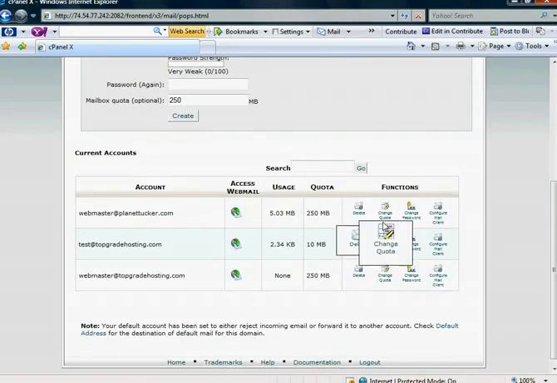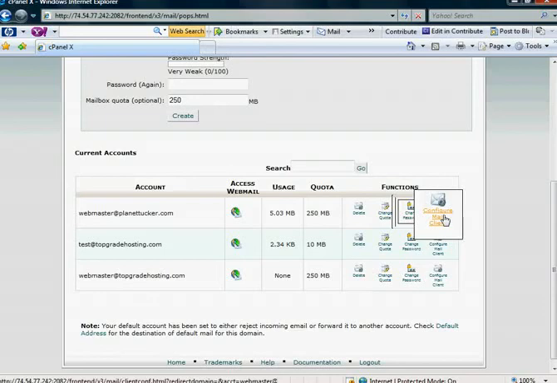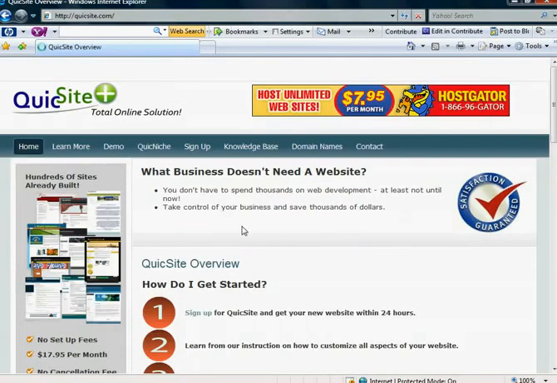Also, you'll notice you have a delete function, change quota, change password, and you can also configure the mail client under this functions column here. And that is how you would use your webmail through your cPanel, and that concludes this